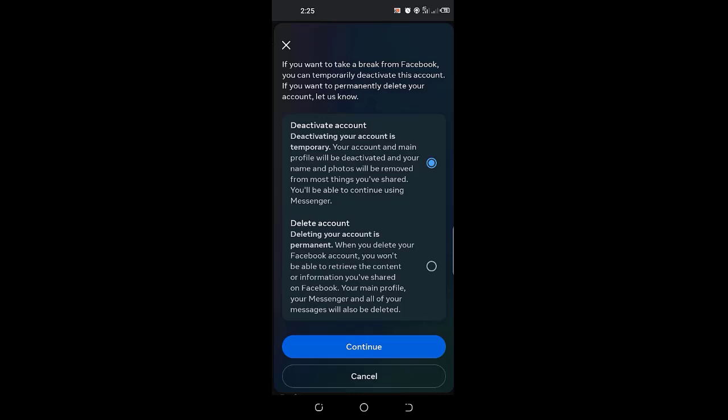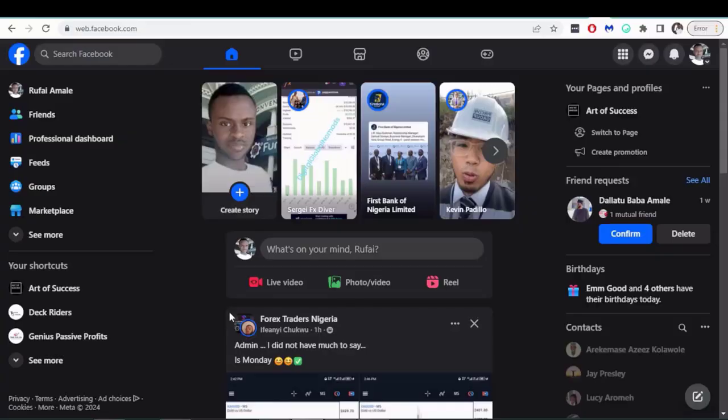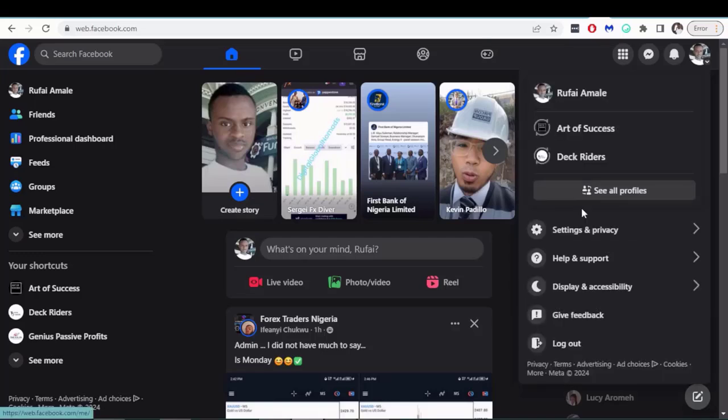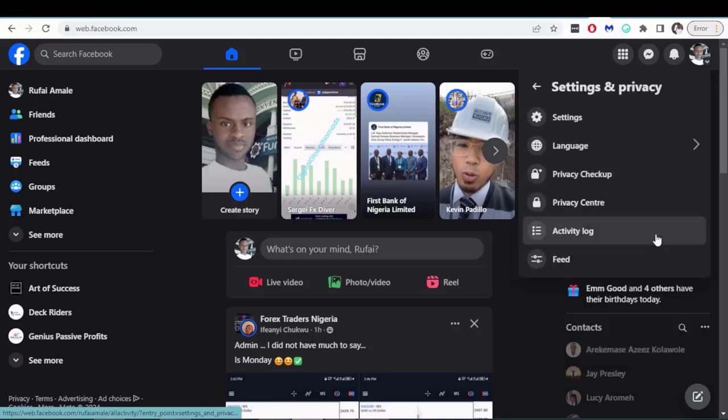So now let me show you how you can do this on PC. Okay, so if you are on PC, once you log into your Facebook account, you come here and click on your profile picture, and then you come and click on settings and privacy. Then you click on settings,